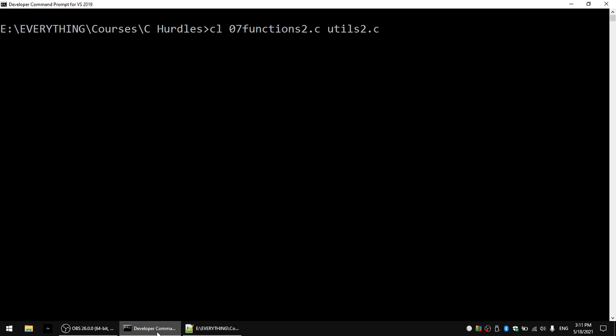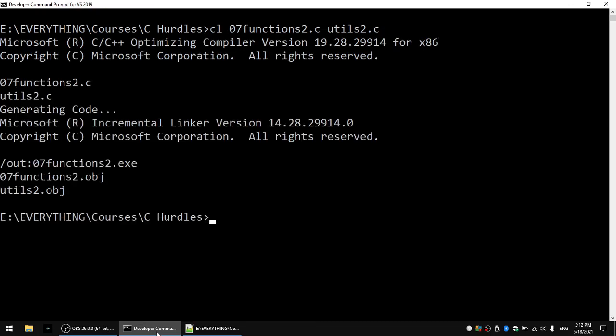The command line is now longer because you need more files to be compiled. You don't include header files when you compile, because header files are automatically included through the source files. You have inside the source files references to the header files. So let's compile.